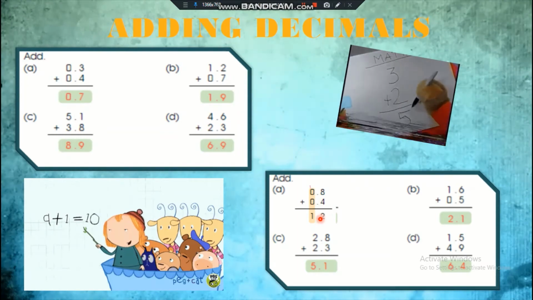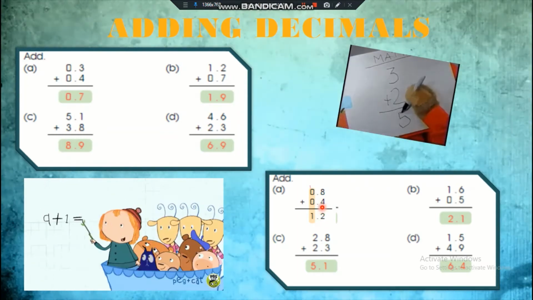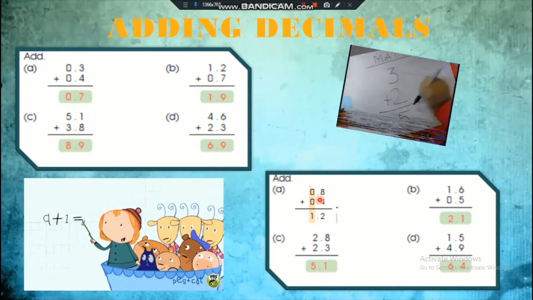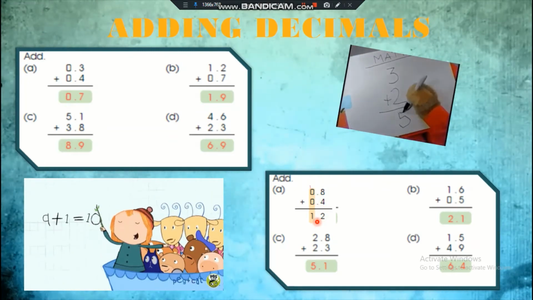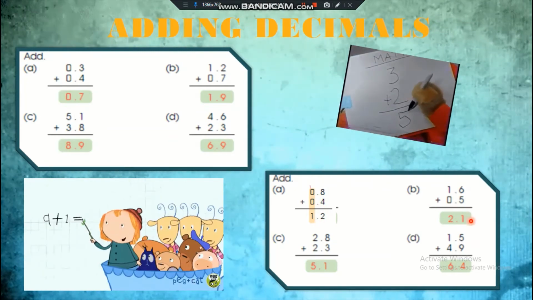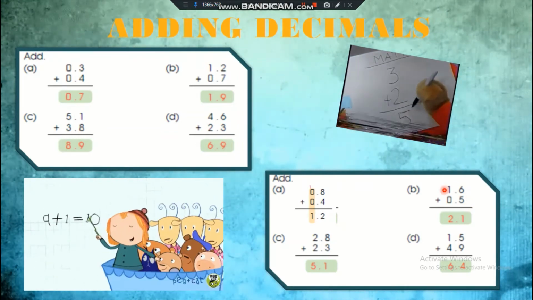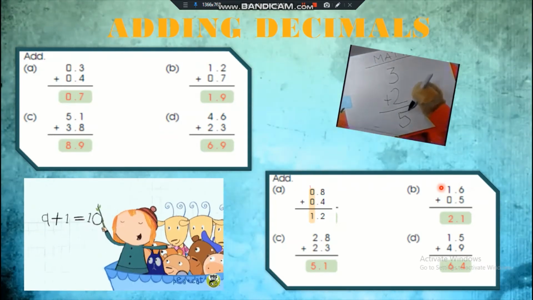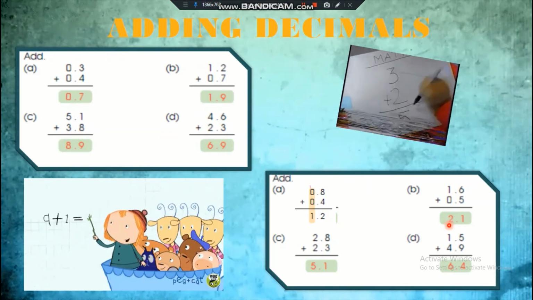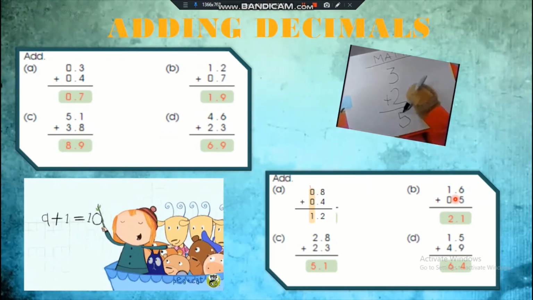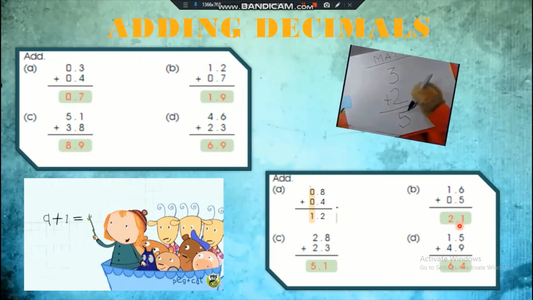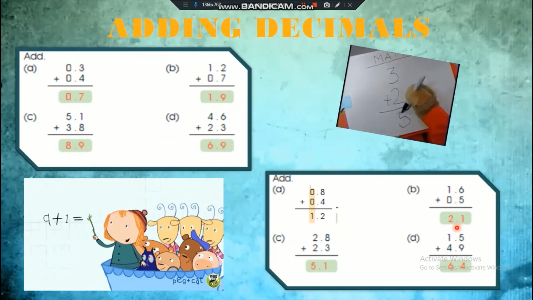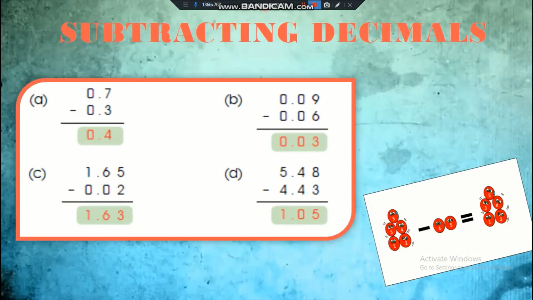You take the decimal point, you will check over here before how many digits you have the decimal point. Over here it's only 1 digit before, right? So 1 digit before you are adding a decimal point. Similarly over here, 6 plus 5 is 11. You carry 1 over here. 1 plus 1, that 1 you have carried, you will add with this 1 and it will become 2. Now, before how many digits do we have the decimal point? Only 1. So before 1 digit, we are going to add a decimal point and the answer would be 2.1.